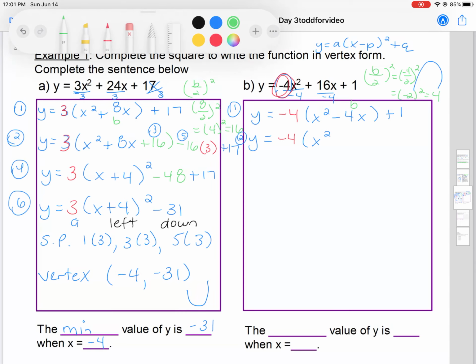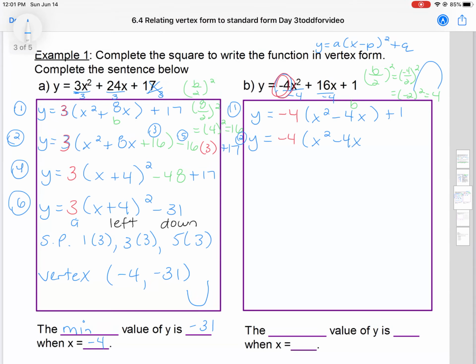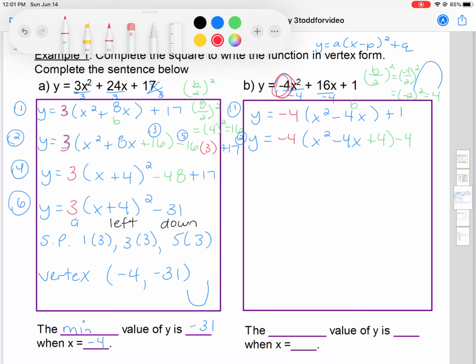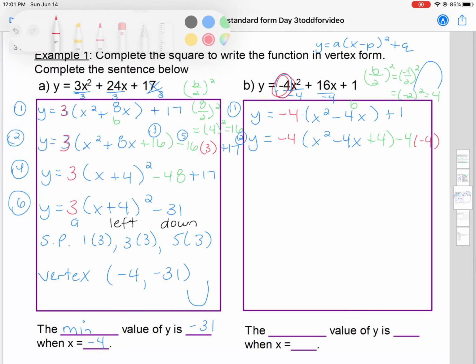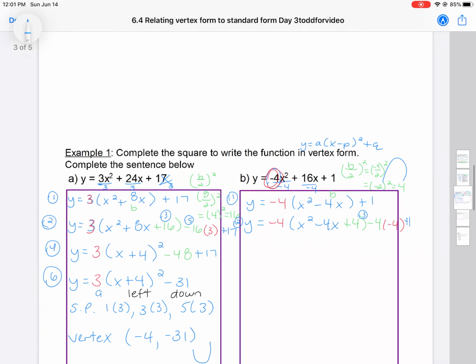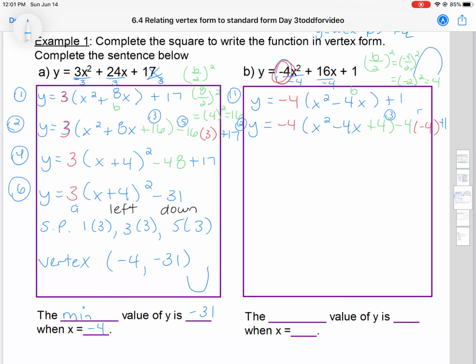So we have -4x plus 4, and then -4, remembering to do the -4, and then we just keep our c value at the end. So we have step 3, step 5, and then,